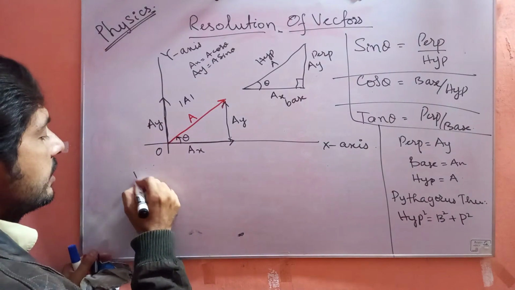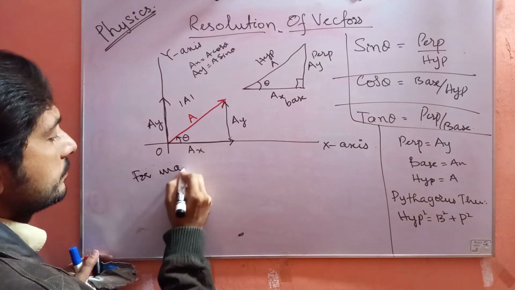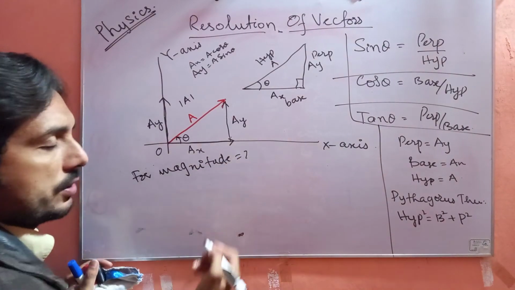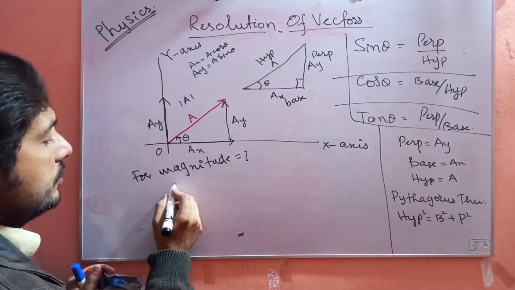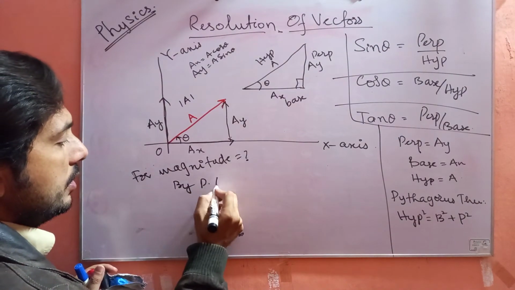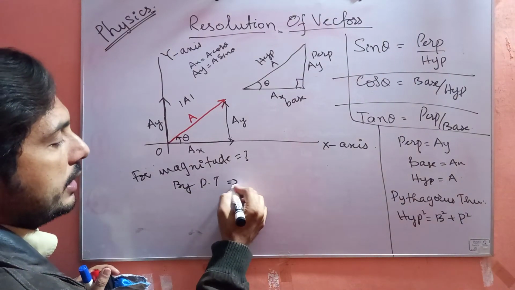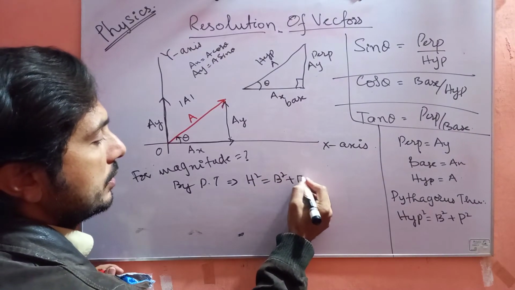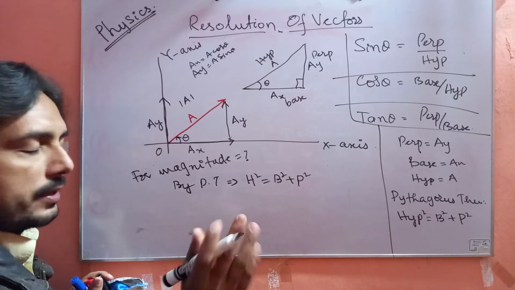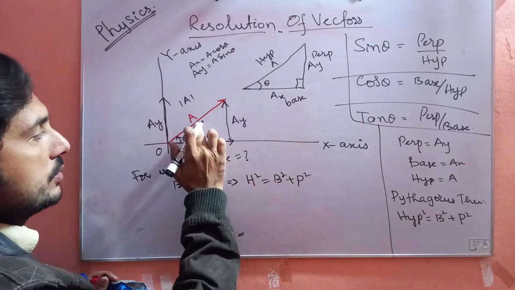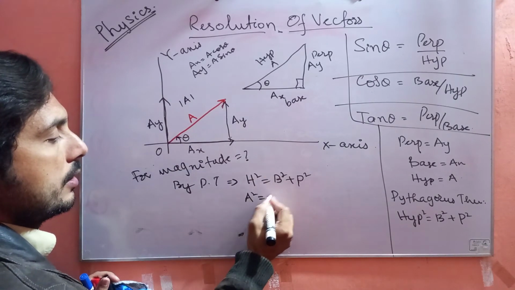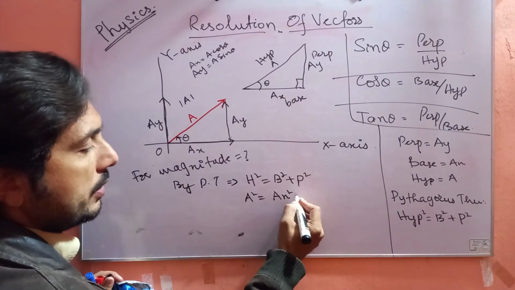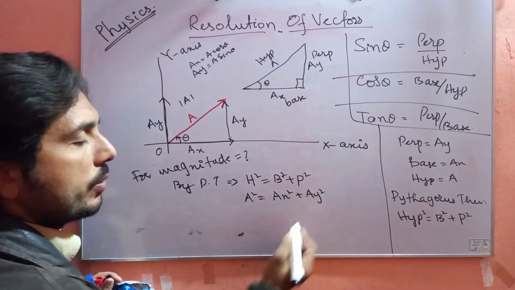So we would write down here, magnitude is equal to question mark, and we would use the Pythagoras theorem. Now the Pythagoras theorem says hypotenuse square is equal to base square plus perpendicular square. Now just replace the values. Hypotenuse is equal to A, base is equal to Ax,